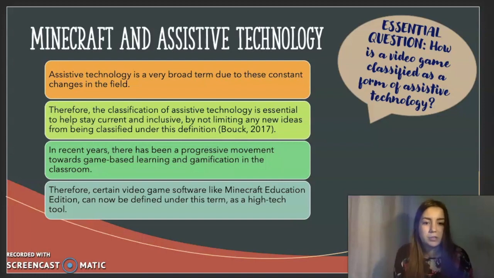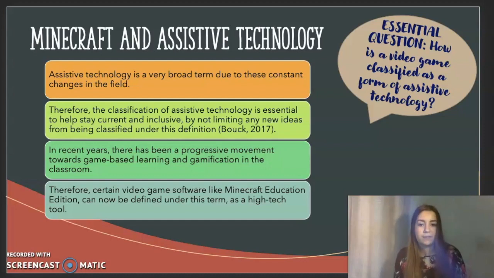It helps make sure that we are not limiting any new ideas, like Minecraft, from being considered under this definition. So therefore, certain video game software, like Minecraft, can now be defined under this term as a high-tech tool of assistive technology.